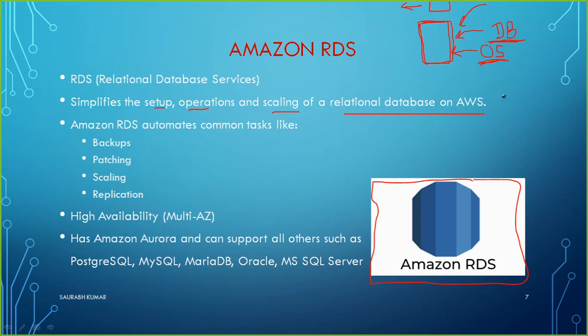Now if you go for an EC2 instance on AWS, maybe you will not have to worry about the power and cooling system, but you have to worry about the operating system, because you are the one who is going to install the operating system and do the patching. Then you also have to get the license for the DB, and thereafter you will create the table, create the database, and add the content.